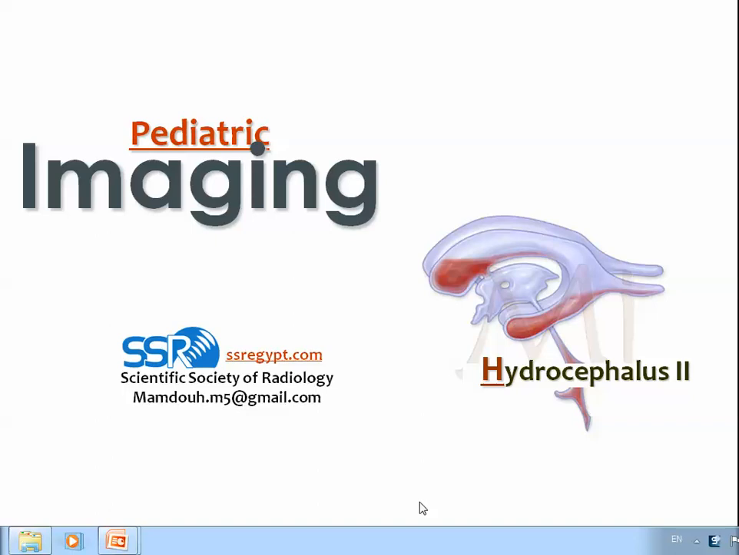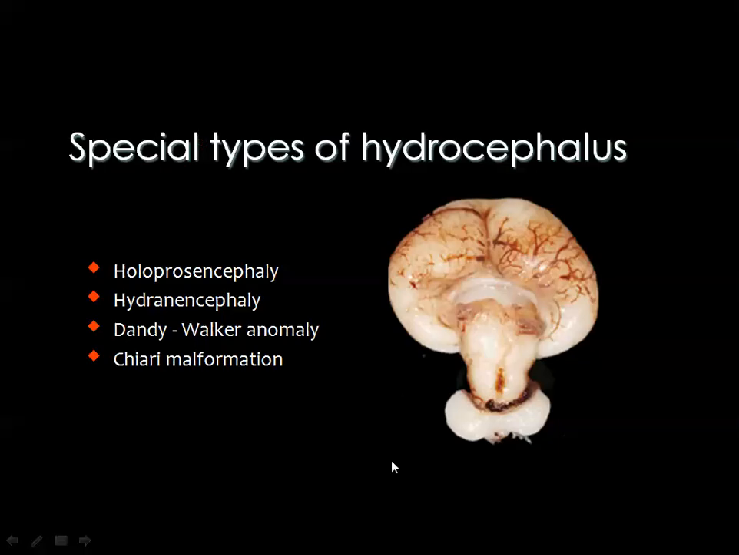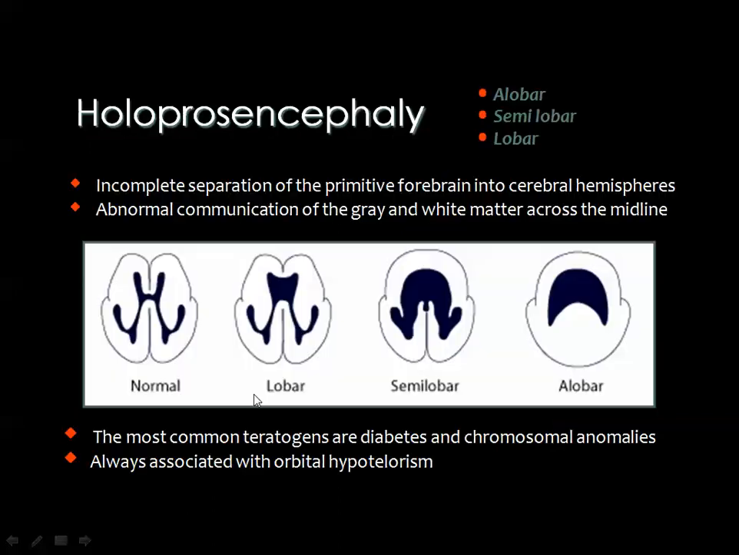Dear colleagues, we are now continuing the lecture of hydrocephalus. We have finished with the regular types of hydrocephalus. Now we are dealing with some special types of hydrocephalus, which will include holoprosencephaly, hydranencephaly, Dandy-Walker anomaly, and the Chiari malformation. Starting first with holoprosencephaly, which is a type of hydrocephalus where there is no differentiation into the ventricular